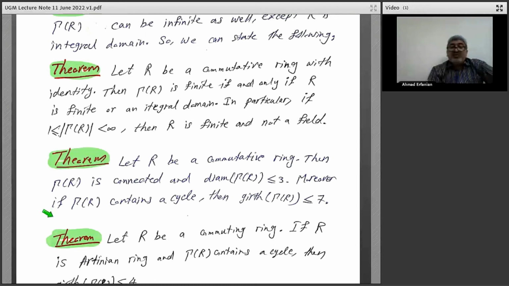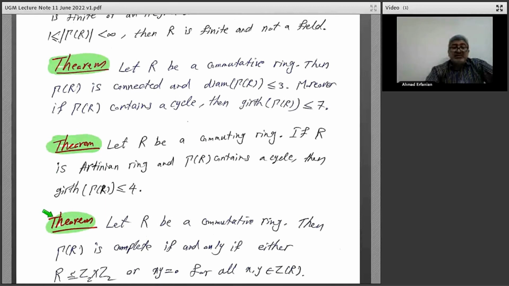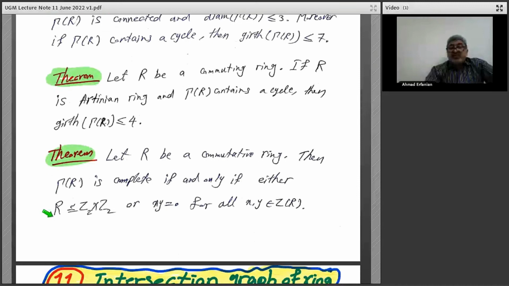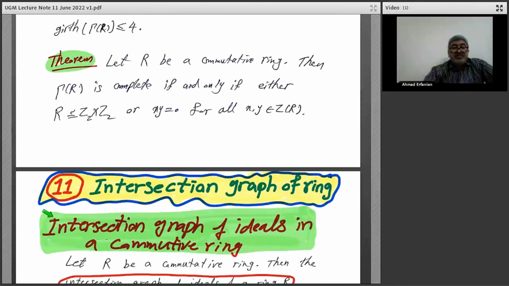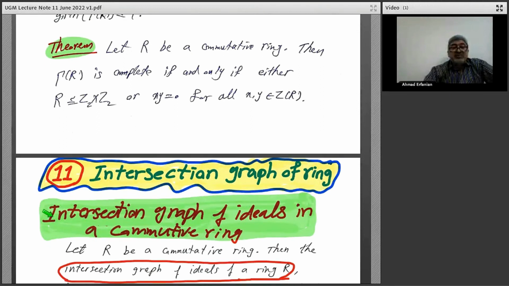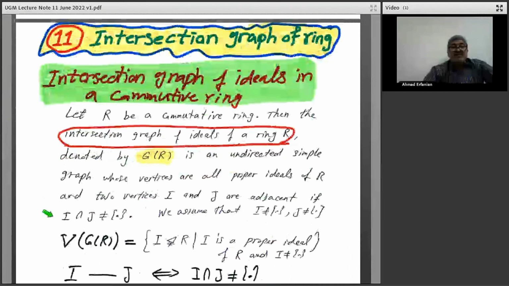If R is finite or is an integral domain, here are some upper bounds for the diameter, and something about the graph when it's complete. Now the last graph